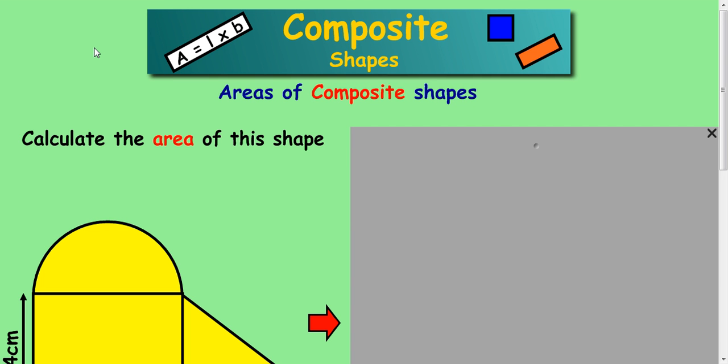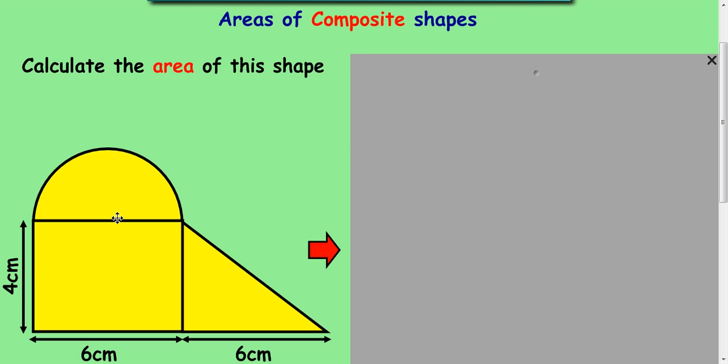In this lesson, we're going to look at the area of composite shapes. This idea is based around the area of more than one shape together. In this first example, we're going to look at this area here where we have three shapes added together. In fact, we have a triangle, a rectangle and a circle, and we're asked to calculate the total area of